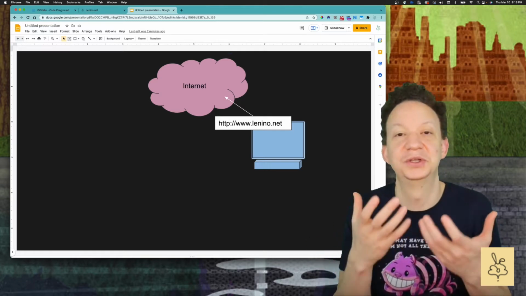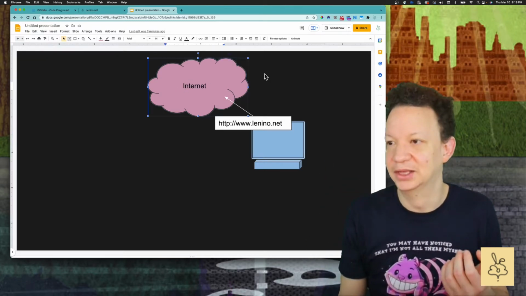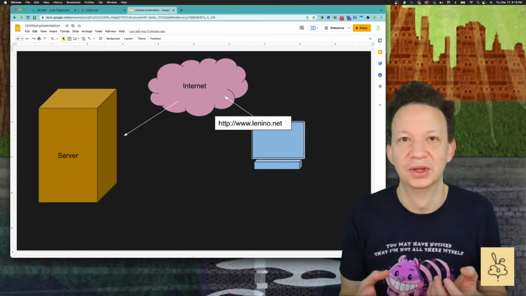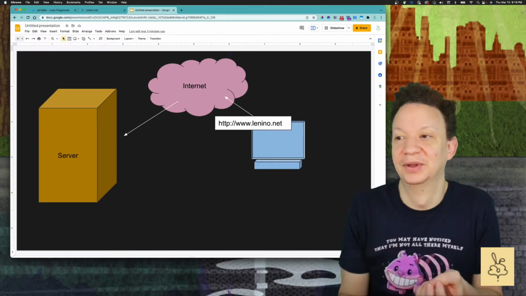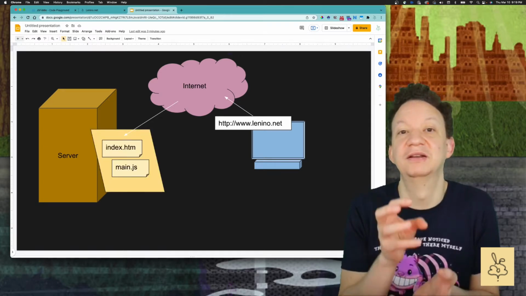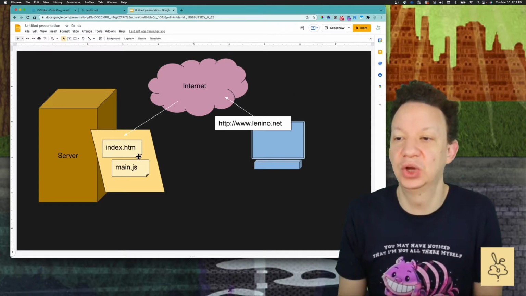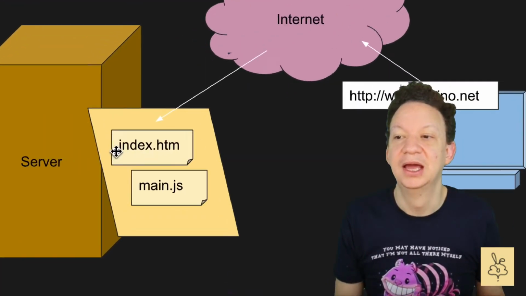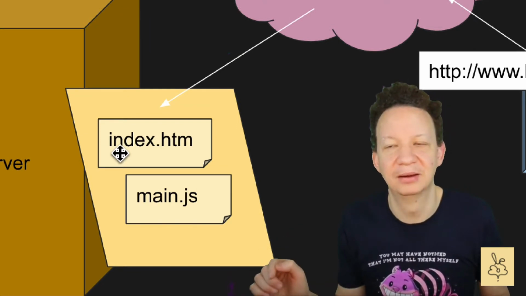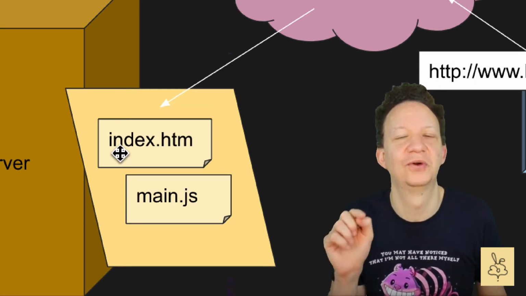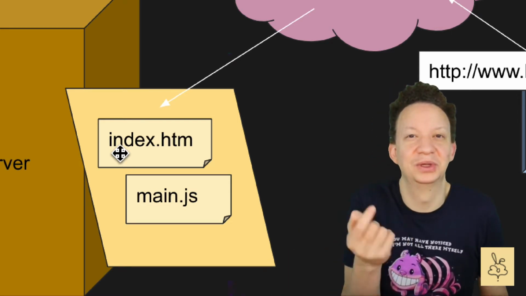The internet, which is usually represented by a cloud, will eventually find the server or computer that owns this URL. And inside the server, it's going to find the folder where that website lives, and it's going to look for a file named index.htm or index.html. And that HTML stands for Hypertext Markup Language, which is the actual language that these files are